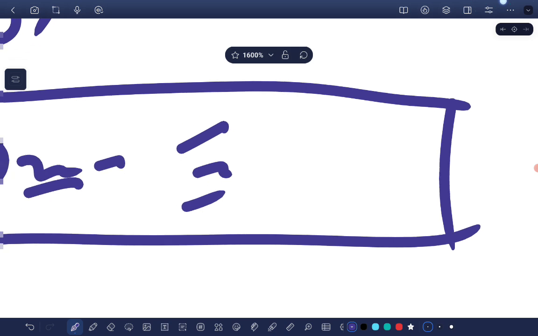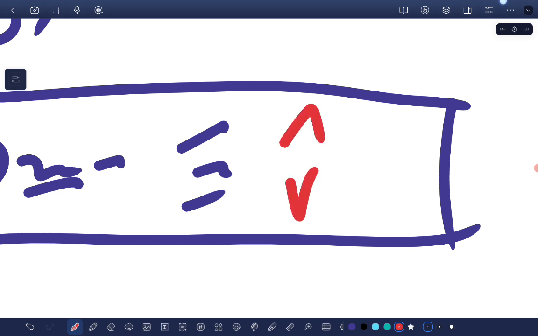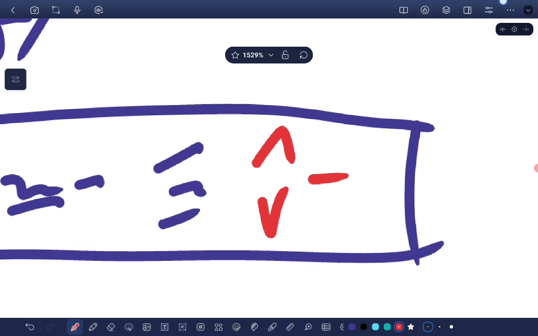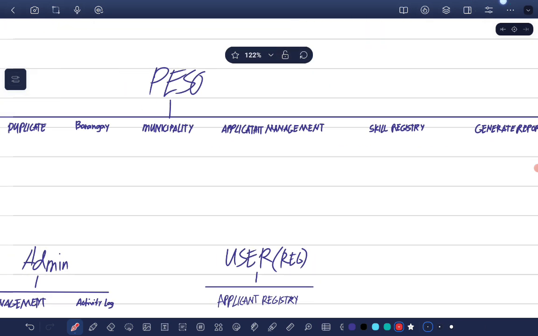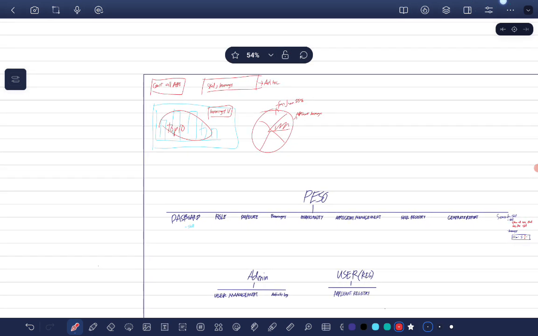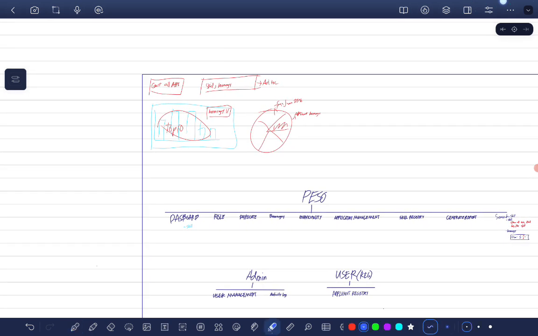Like in our system, it is high, low, or intermediate. It would be like that. Now that the dashboard is more or less finished,